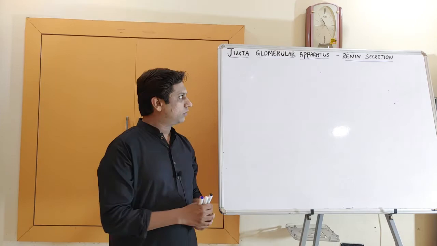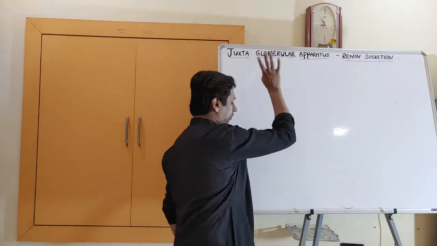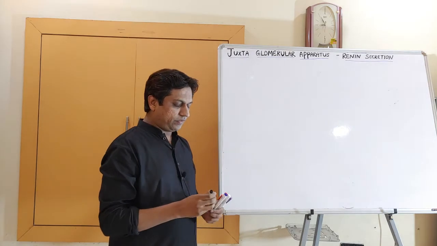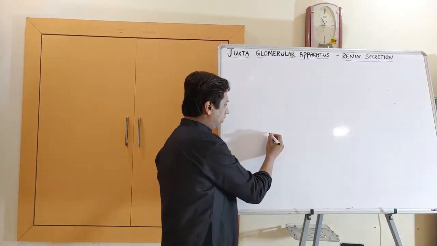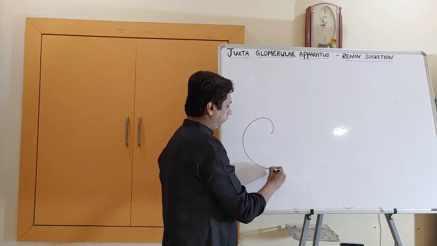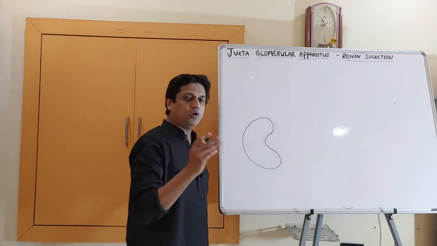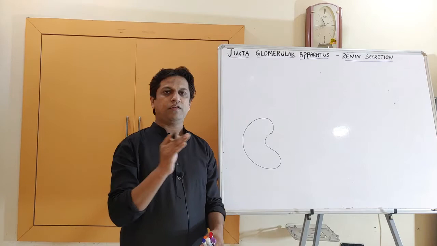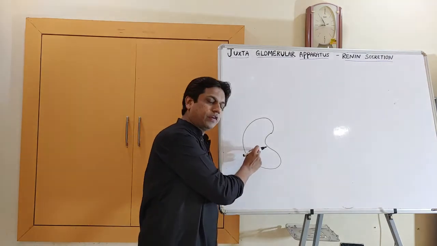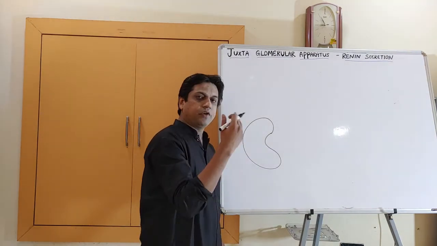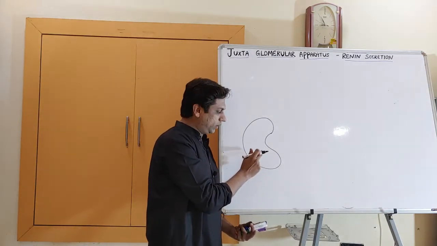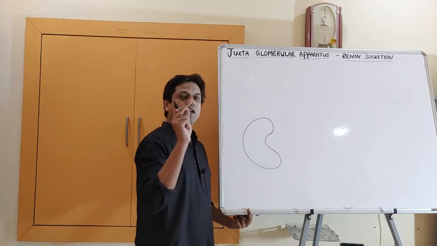Okay, so first we'll try to know what exactly this juxtaglomerular apparatus means. Just consider this as a human kidney. As you know, human kidneys are made up of nephrons. Nephron is the structural and functional unit of the kidney. Cells form tissue, tissues form organs. So the kidney is an organ which is formed by the renal tissue, which is basically made